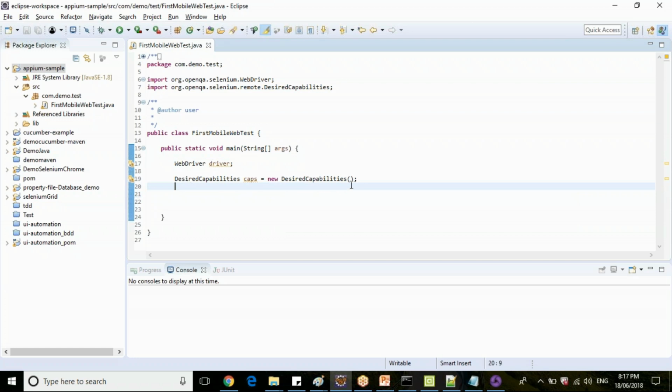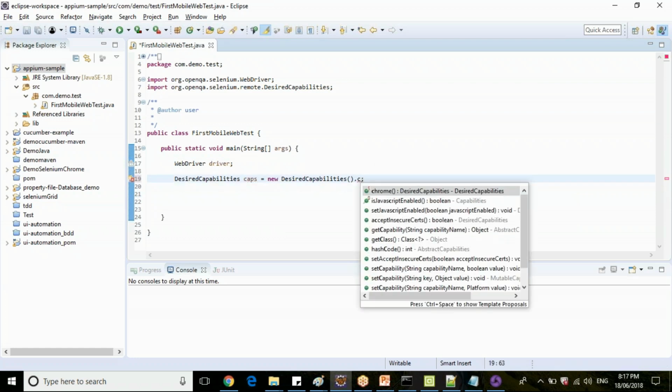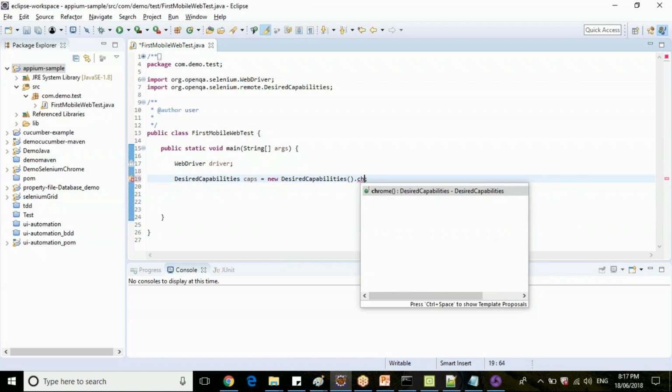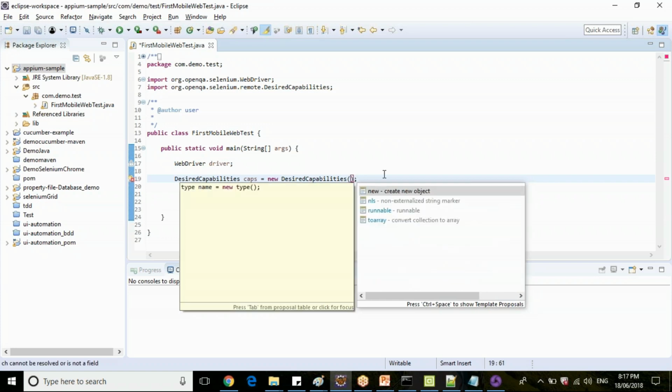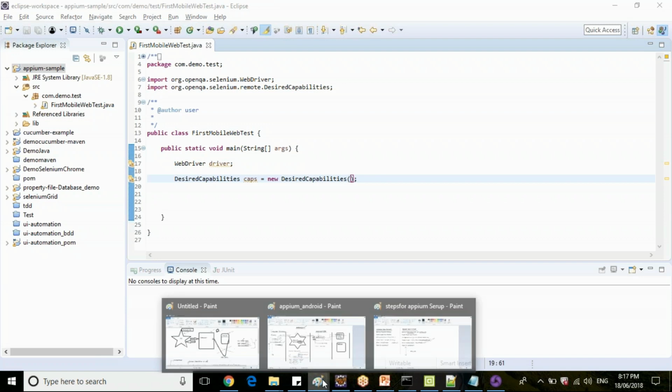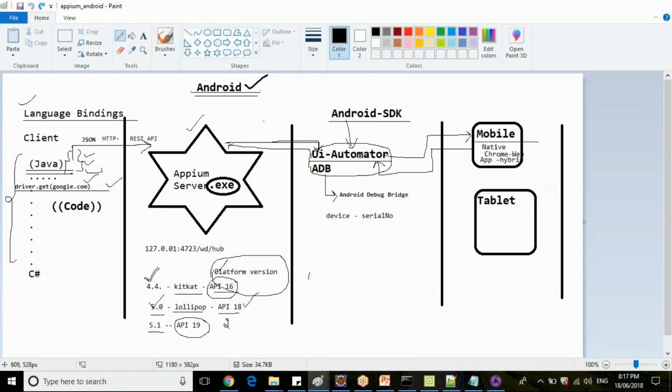Now, in Selenium, we are directly setting which browser, either Chrome or IE or Firefox, correct? Now, if it is mobile, it's a bit tricky and we need to add more values here. Like, if you see the architecture again, what is this mobile connected here?